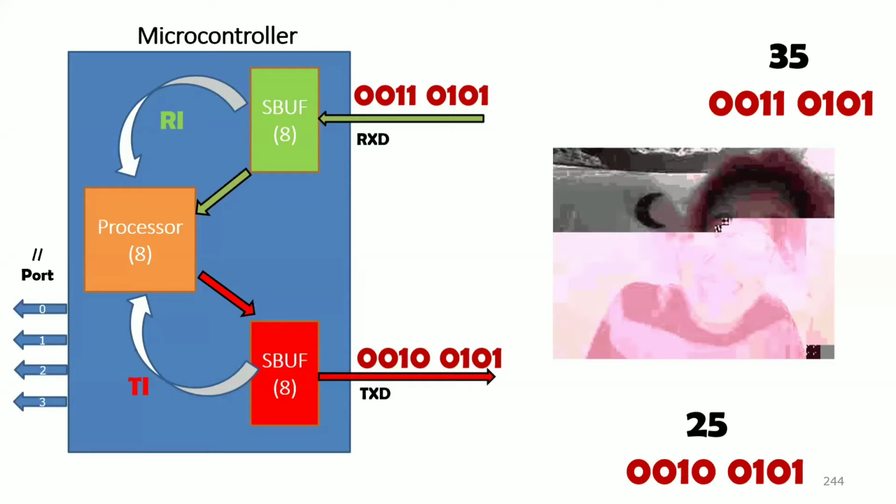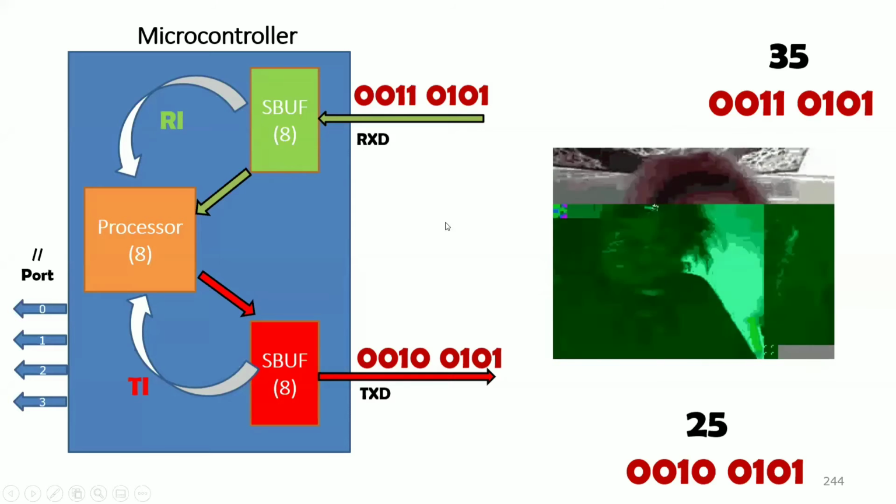Before giving the data to the processor, you will check the errors, right? Whenever you want to check the errors, you need to store the data in this register, and you will check the errors. If the data is valid, then you can give it to the processor, otherwise discard the data and accept the next byte of data. Okay, this is what we have discussed so far.